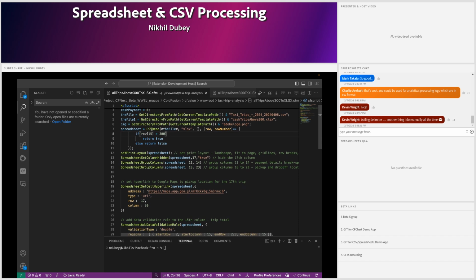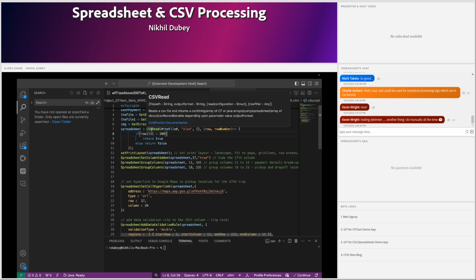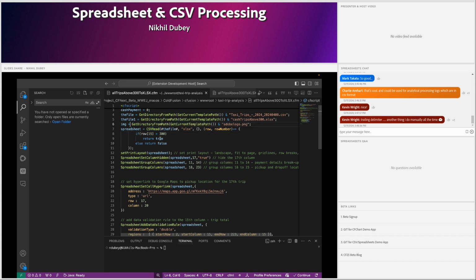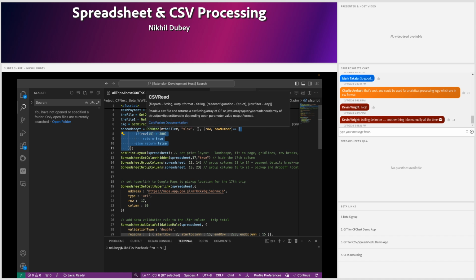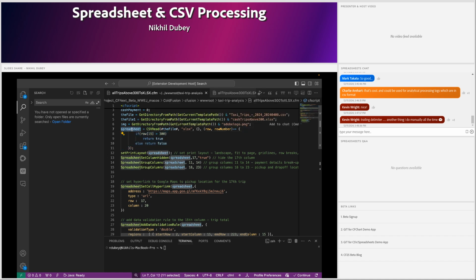Not only transforming it to an Excel, but I'm trying to showcase many spreadsheet operations also. So basically, you have the trips. You extract the CSV using this filter, I am able to extract the high value trips to a spreadsheet object,